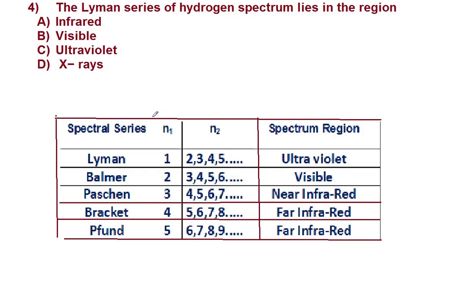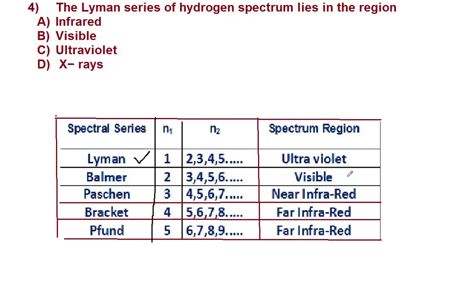So students, you can see the table here. These are some of the spectral lines which are given for the hydrogen atom. Lyman is the first one. For the Lyman series, n1 is 1, and n2 can be 2, 3, 4, 5 up to infinity. For the Balmer series, n1 is 2, and n2 can be 3, 4, 5, 6 and so on. For the Paschen series, n1 is 3, and n2 can be 4, 5, 6, 7 up to infinity. Then Brackett, then Pfund. For Brackett, n1 is 4, and for Pfund, n1 is 5.